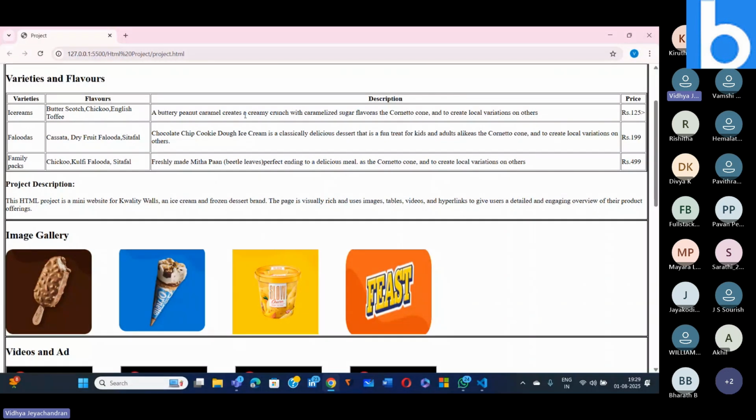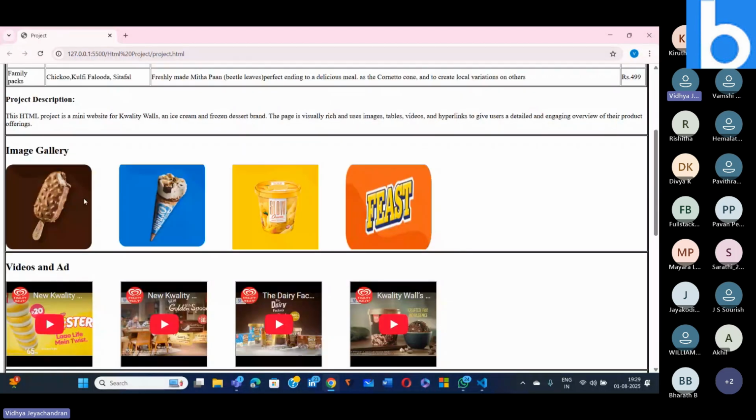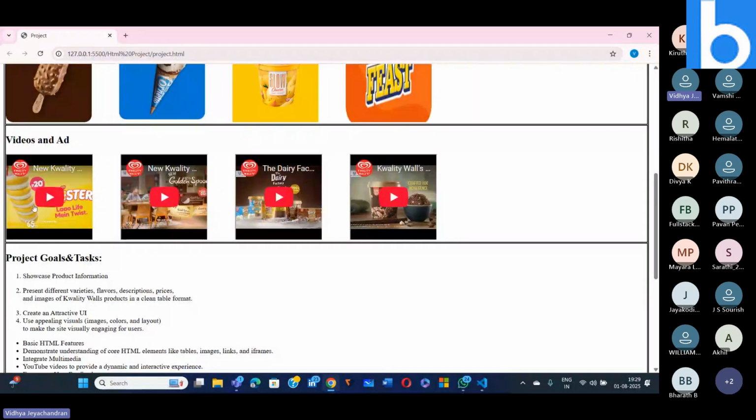In this project description, I have used the paragraph tag to give the information about my project. For the image, I have used the image tag with the source attribute. I have given the image link which I have copied from the web. And then for videos,